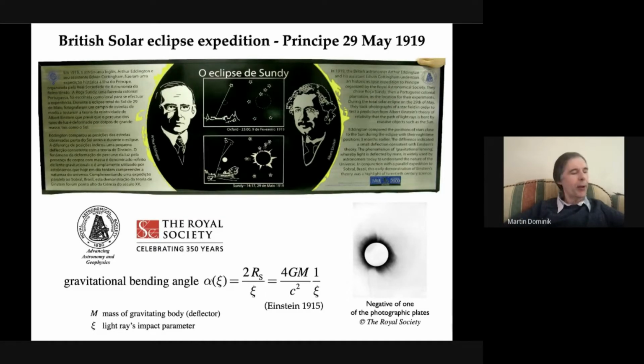For a gravitating body that can be approximated as spherical, all the physics at distances much larger than the Schwarzschild radius is summarized in the simple equation for the gravitational bending angle, proportional to the mass of the deflector and inversely proportional to the impact distance of the light ray. Everything else that I'm going to talk about from now follows just from geometry. No further physics at all.